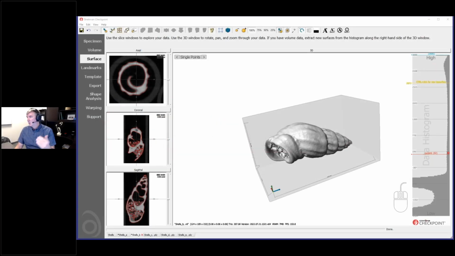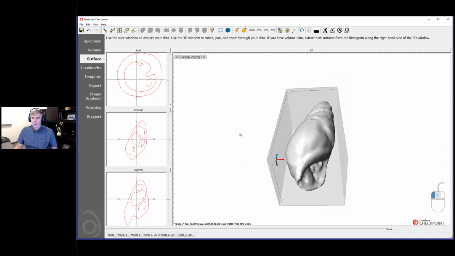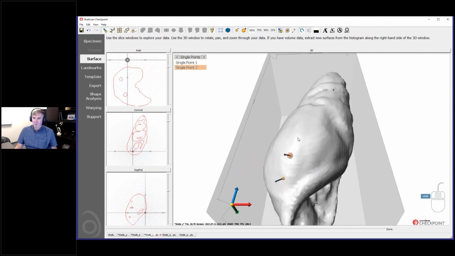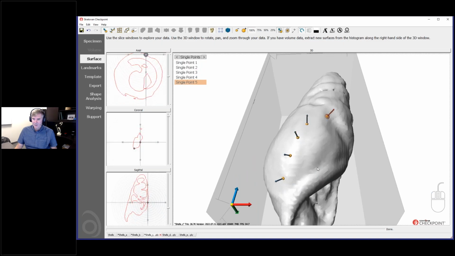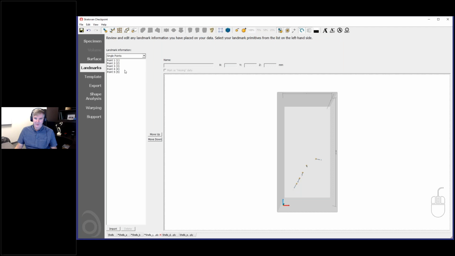So specifically, the question is, if I have landmark points 1, 2, 3, 4, 5, how do I reverse the order of those points? So I'll just do an example really quick for that. So we've got landmark points picked up here, and I'm holding down Shift, and I'm going to place those points on the surface. So I've got 5 points here, and to change the order of them, I want to